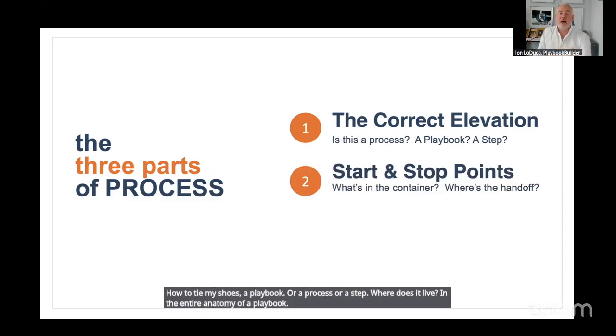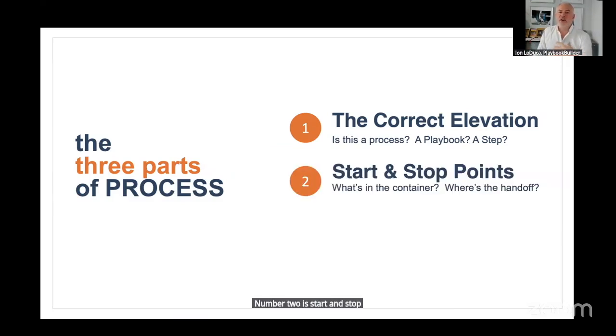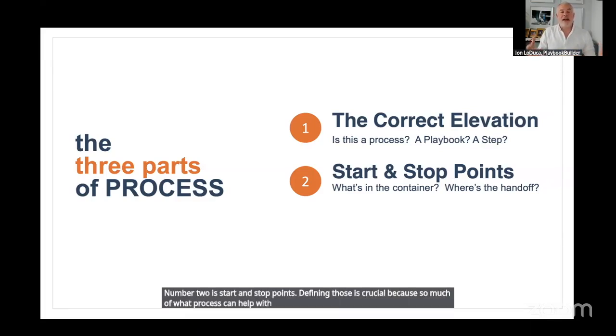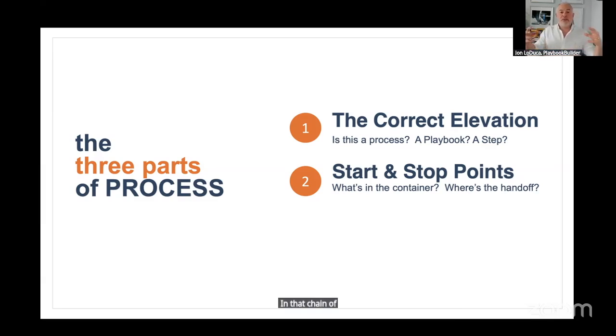Number two is start and stop points. Defining those is crucial because so much of what process can help with are the handoffs. Either you're collecting information upstream to be able to do a portion of work, or you're handing it off to the next in that chain of value, and being able to define, well, this process starts here and ends here